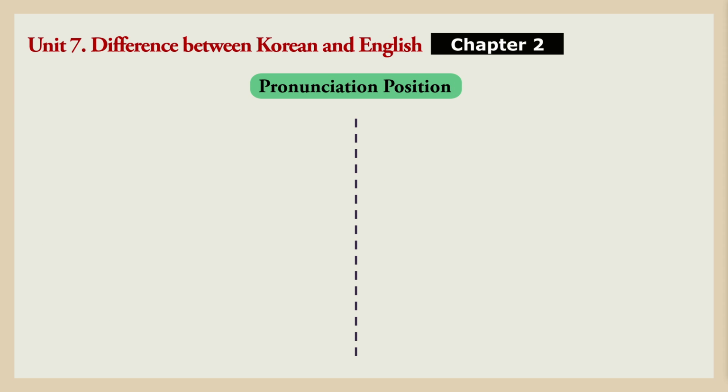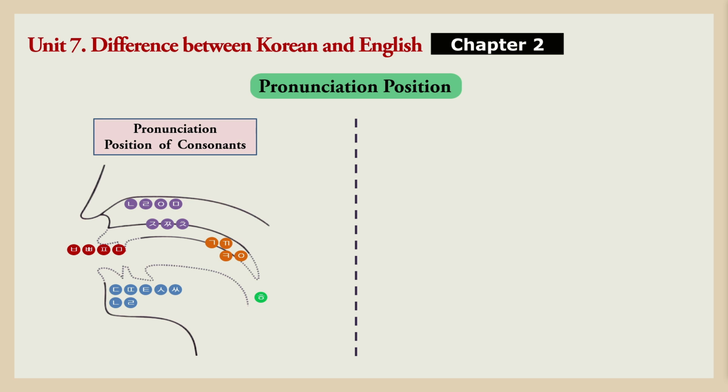Next, we will learn about Korean pronunciation. Look at the picture on the left. This picture is where the consonants are pronounced. Remember how you learn and practice until Unit 6. Every time you make one sound, it will sound in your mouth or nose. Look at the picture and think about the pronounced position and say it accordingly.